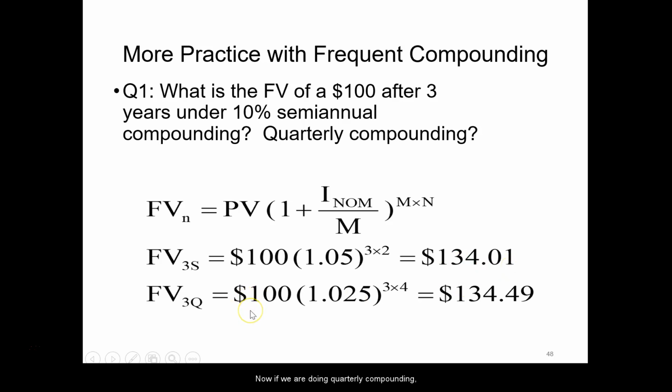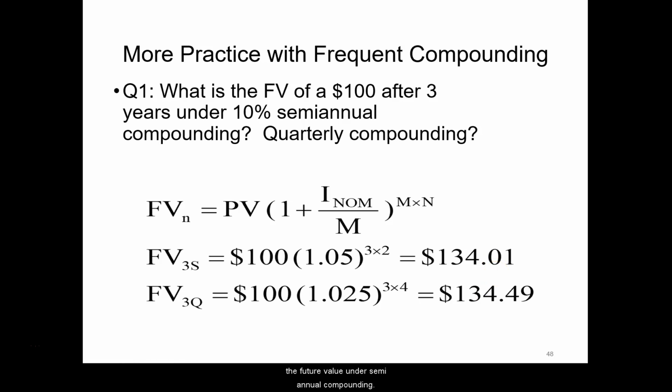Now, if we are doing quarterly, that's 4 times a year. So each quarter, the quarterly interest rate will be 10% divided by 4. That's how you have 1 plus 2.5%, or say 1.025. And then you compound 4 times a year. In 3 years, you will compound a total of 12 times. So when you do that, your future value will end up as 134.49, which is slightly higher than the future